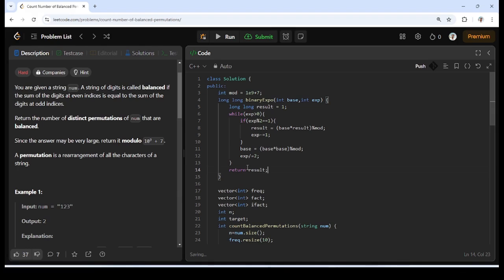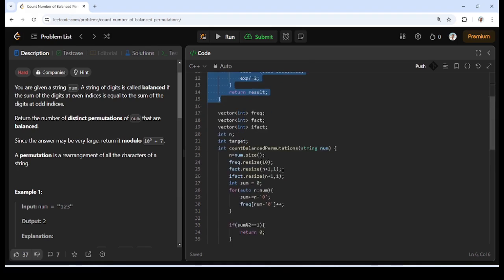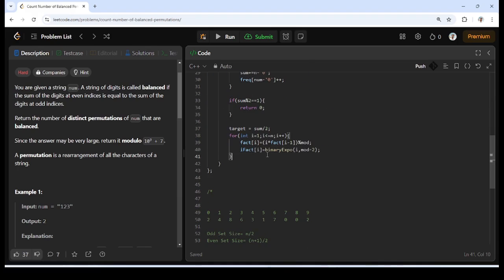Right, so this is the binary exponentiation. It's going to return me the value that I require here. Let me do a mod here as well. Right, this can be very big as a value, so let me multiply it by long,